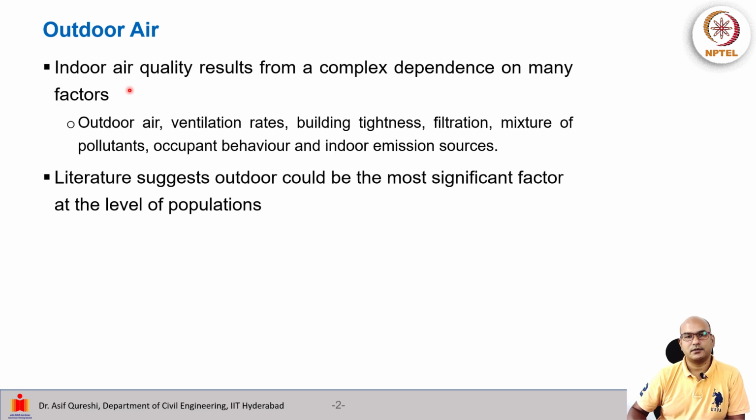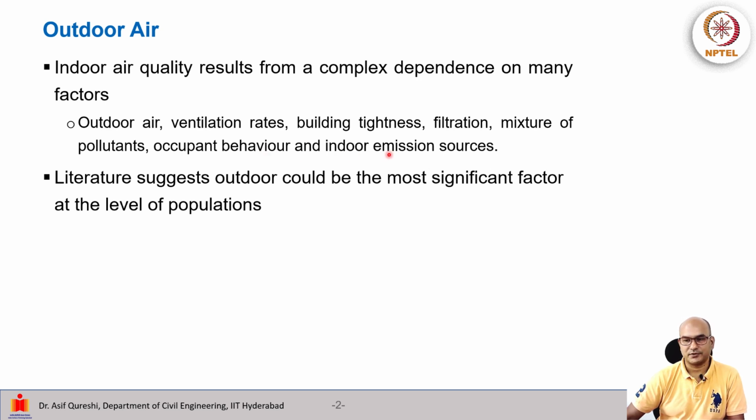See, the indoor air quality now results from a very complex dependence on many factors, as we have seen. So we have outdoor air, we have then ventilation rate. So how good is the exchange or the transport from out to in or in to out? Building tightness, then what kind of filtration is there to sort of remove maybe some pollutants, but we also have the situation with a mixture of pollutants coming in or out. Then of course the influence of occupant behavior also cannot be ruled out, and then we may also have some